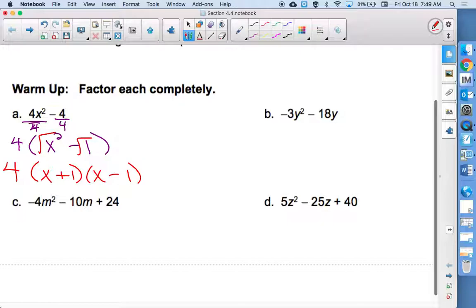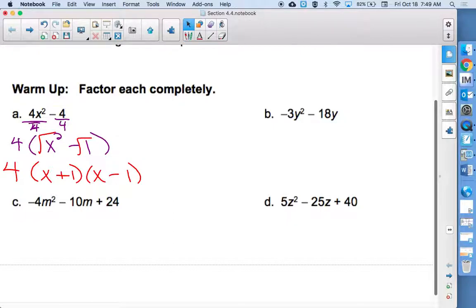Once your power inside is down to just being an x, you've factored as far as you can go. So x plus 1, x minus 1. But then the 4 also has to be in front. That was the GCF. Questions? So looking at letter B,